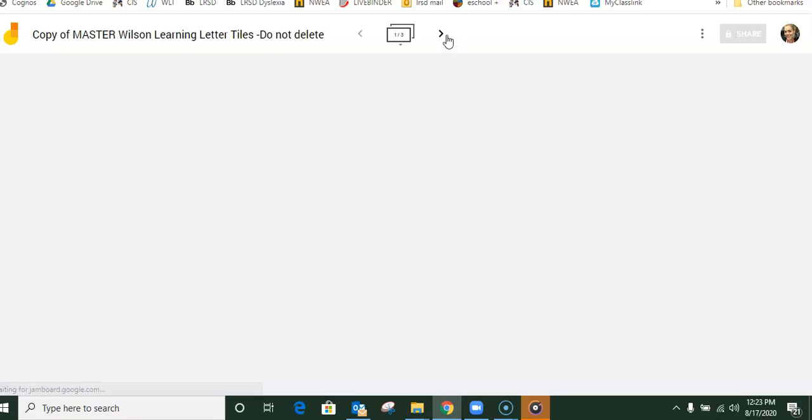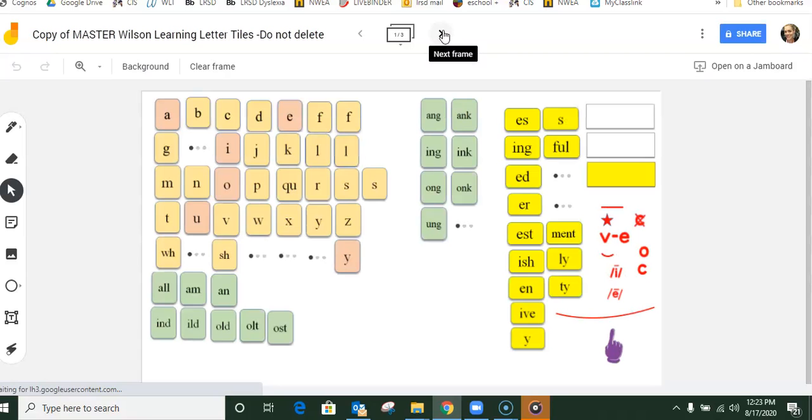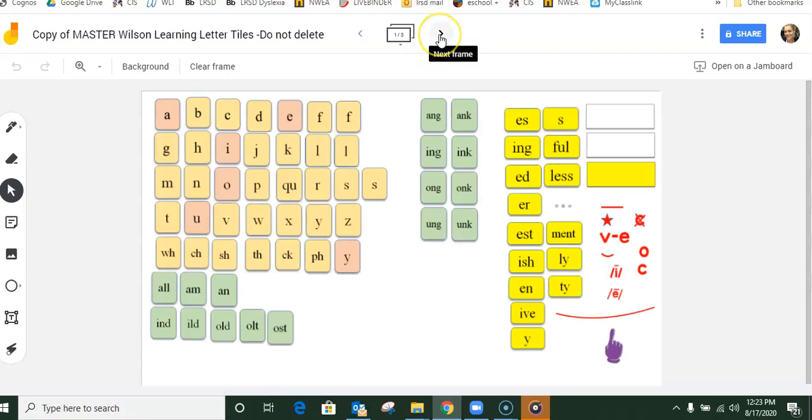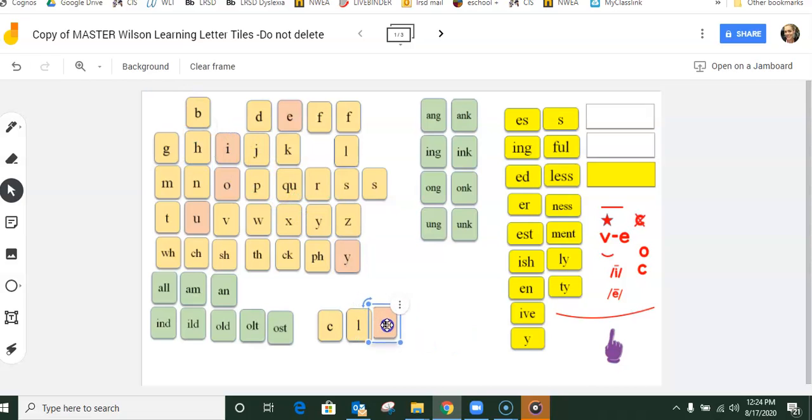my favorite one. And this is a pretty cool tool because it's Jamboard. It's kind of like a virtual whiteboard through Google. They can move these pieces around to build words. And I didn't even show earlier people this tool. They can do this, and then they can bring these over to Scoop, whatever they need, and then check this